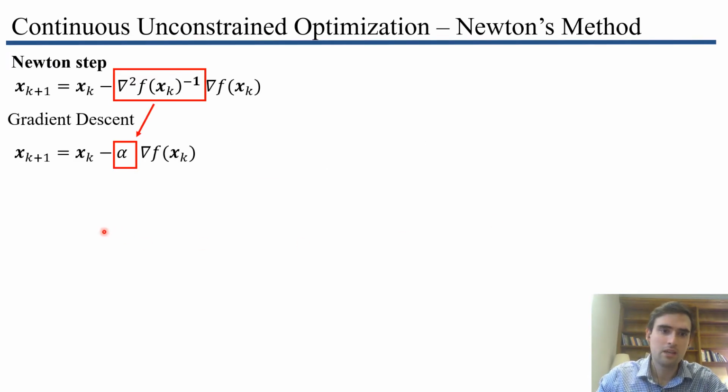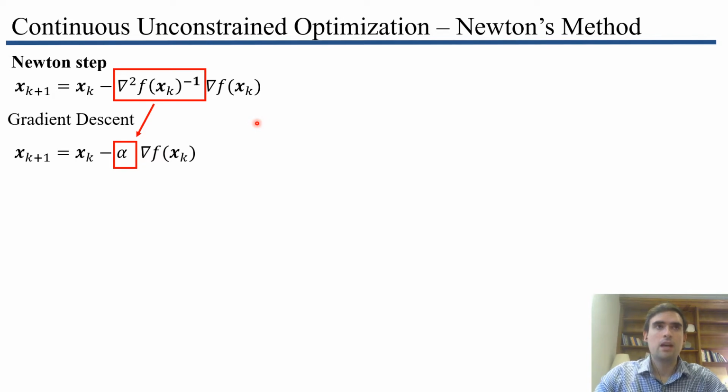So what's the idea? Gradient descent was this method over here, and what we do in Newton's method is change this alpha, which is a scalar here, by a matrix. And this matrix is going to be the inverse of the Hessian matrix, so the inverse of the matrix of second derivatives. So again, at any point xk, we're going to compute not only the gradient, but also the Hessian. And then we're going to use the product of the inverse of the Hessian and the gradient to optimize our